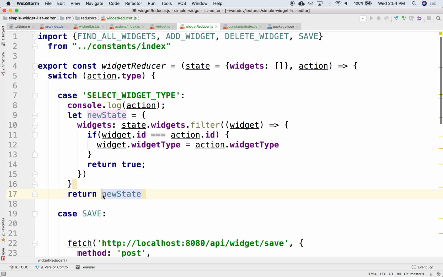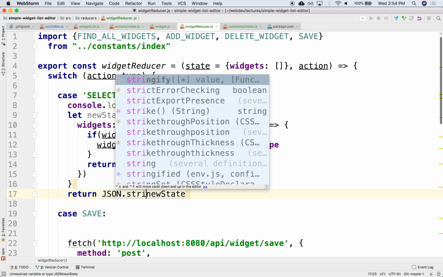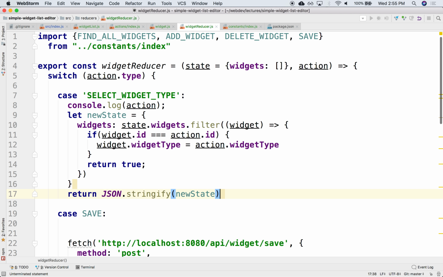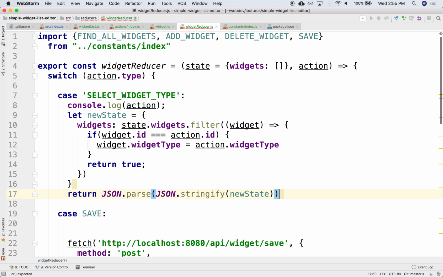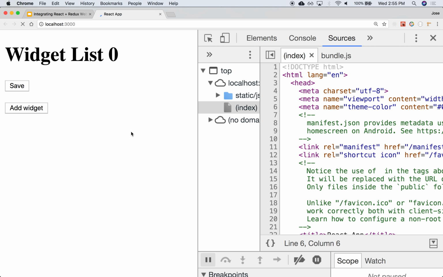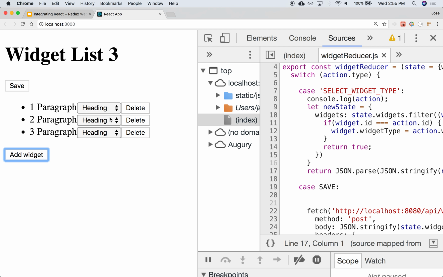Let me try something drastic. I'm going to first stringify this, so that converts it into a string. And then I'm going to parse it back in. Okay, it is changing. So basically, I'm making it fake any references that you might have had, because it's like a pointer in C or C#, where you have a pointer, and if it hasn't changed, it's the same object. So if it's the same object,